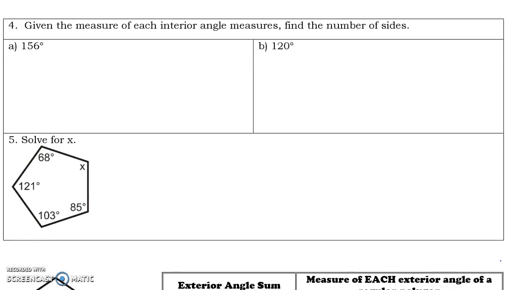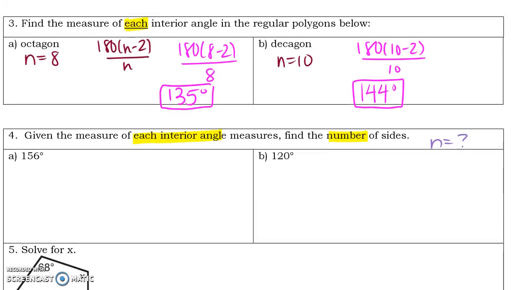Okay, taking a look at 4, given the measure of each interior angle, find the number of sides. So this time again we're looking for n. We're given each interior angle, so we have to set this equal to the equation we had above. So it's 156, setting that equal to 180 times n minus 2, all over n. So we have a fraction equaling a whole number. To make our lives a little bit easier, we can put this over 1 and cross multiply. 156 goes with n, so we'll have 156n